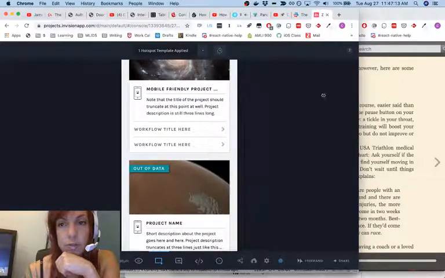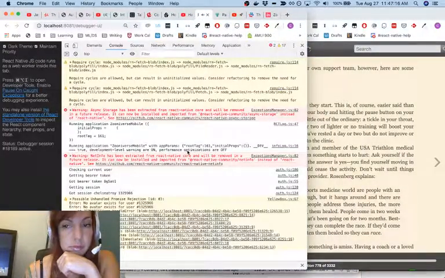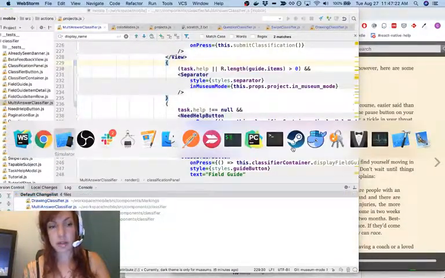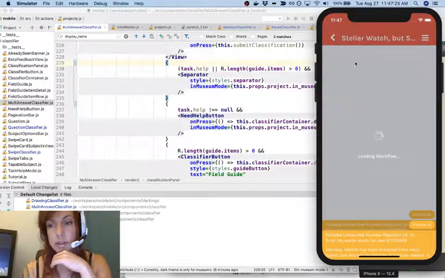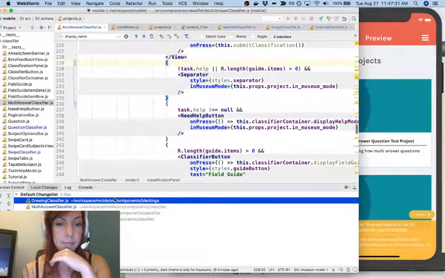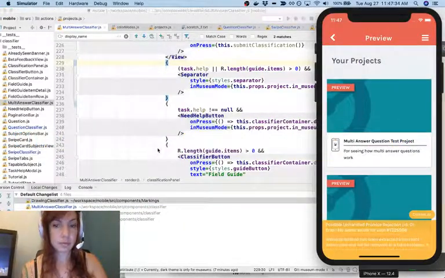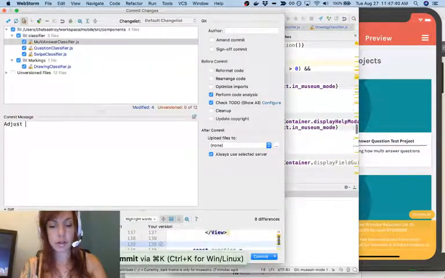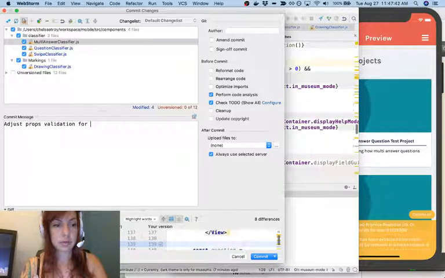So we took out all of our extraneous printing, which is good. We fixed our prop validation, which is good. And so what we should be left with now is relatively clean functional code. Great. So let's commit this. Adjust props validation for project in museum mode. And let's also say